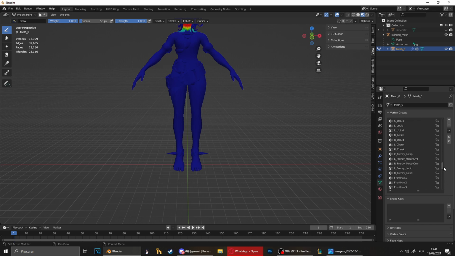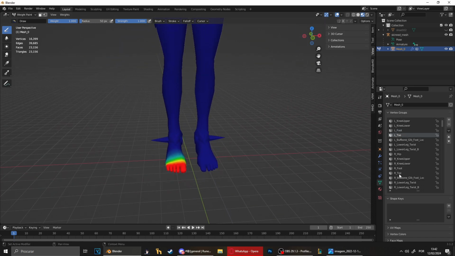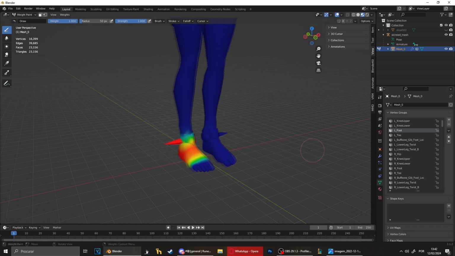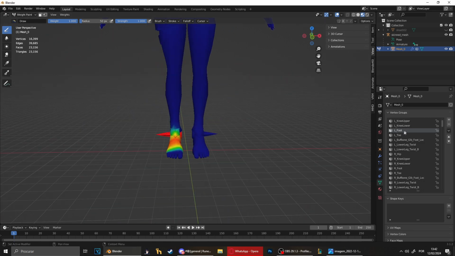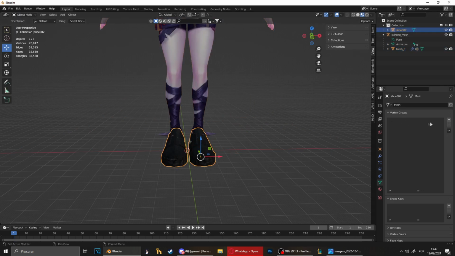Good. We have to find the bone that is on the feet. Let's search. Should be toe. We have left toe and right toe. Good. It's toe, right? Or is it foot? It's foot. Left foot and right foot. Good. Having the names, I'm going to go back to object mode again, show the shoes, and we're going to add two